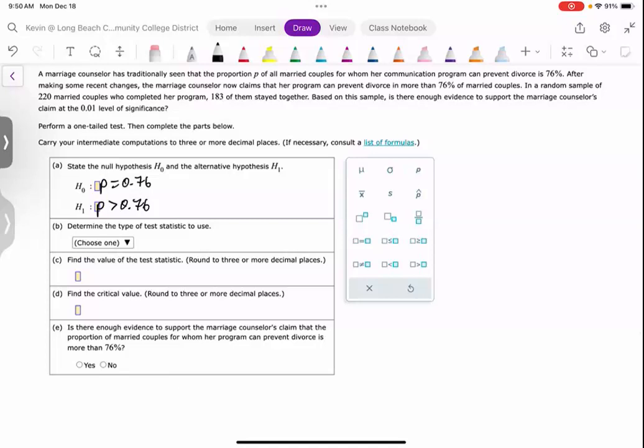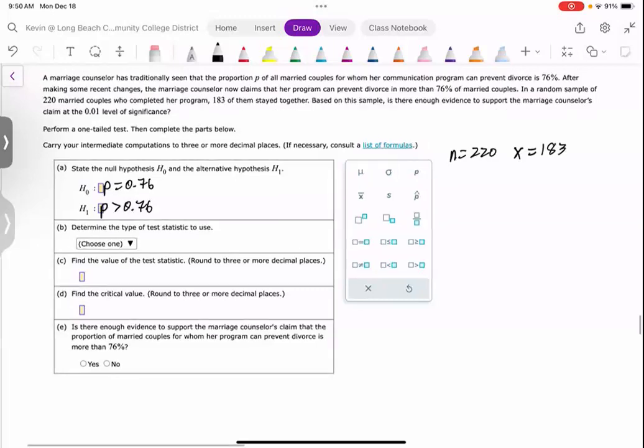In a random sample of 220 married couples, so this means that n is 220, x is 183 stayed together. Based on the sample, is there enough evidence to support the claim at the 1% level? Okay. Proportions are always z-tests. In fact, we're going to be using a 1 proportion z-test to find our test statistic, but before we do that,